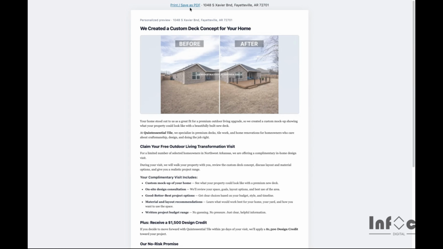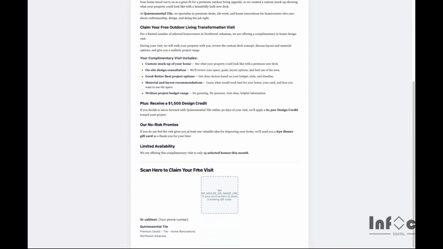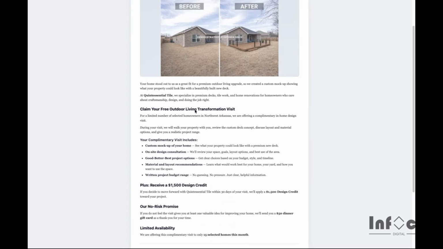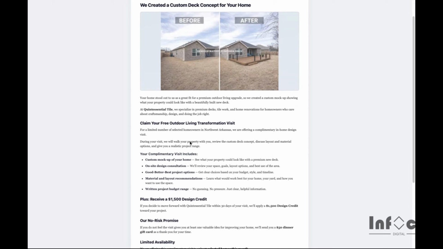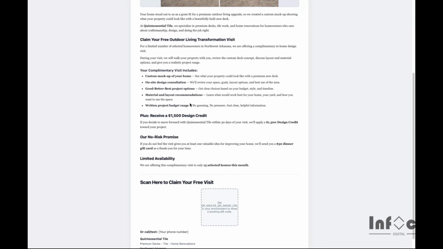And then it has a pretty little page here where I can preview what it'd look like as something mailed to you. So we created a custom deck concept for your home, a personalized preview. We have the address in here, and then a little bit of sales copy, an offer. You get a custom mockup of your home, on-site design consultation, good, better, best project options, material layout recommendations,